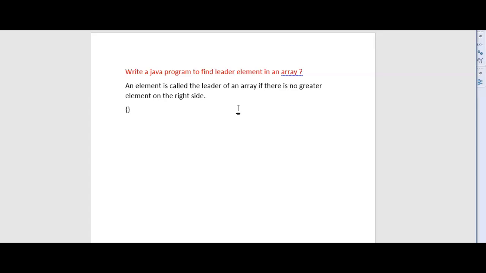Let's take an example array: 2, 5, 7, 9, 4, 3, 1. Take 2. Do you see any greater element on the right side?